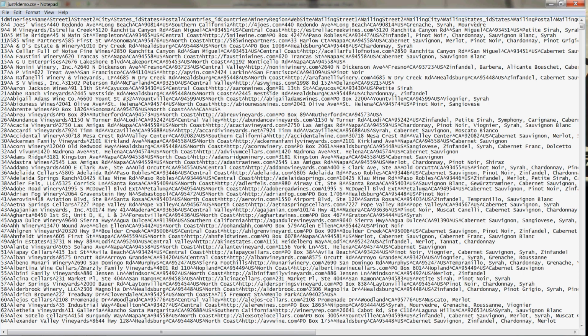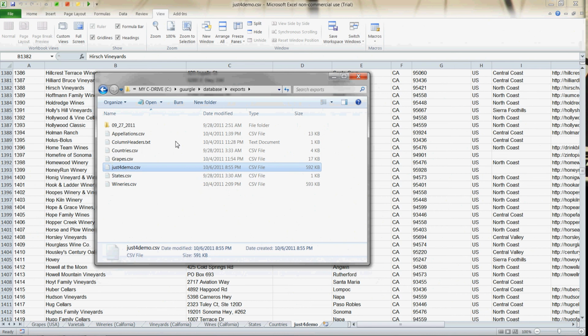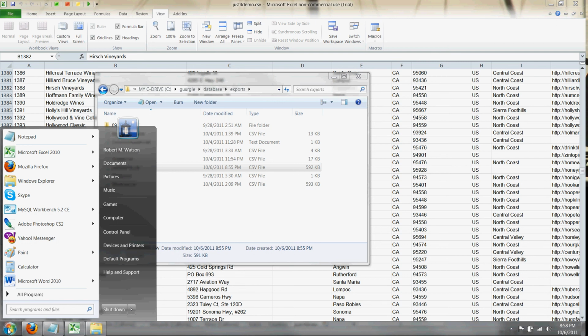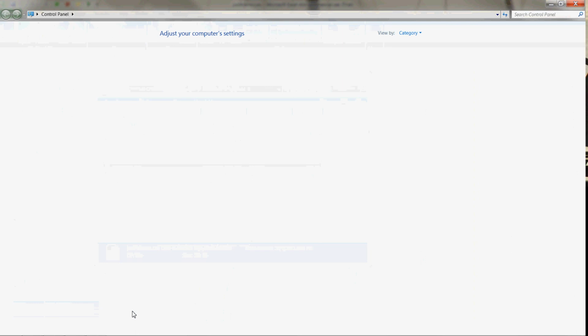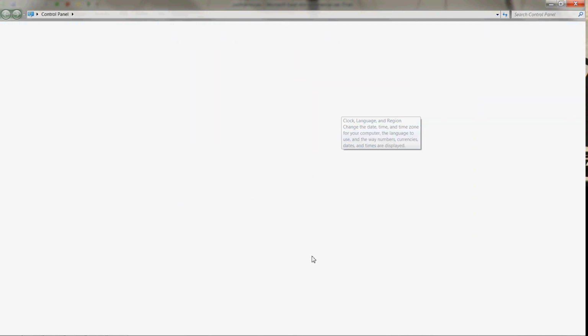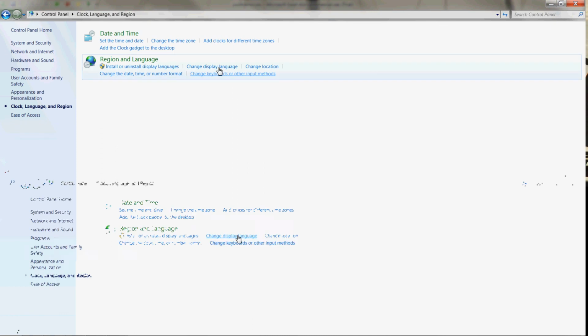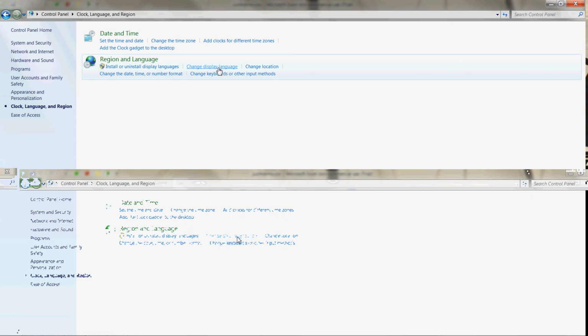Now I want to show you one other thing which you have to set in order to have it use that up arrow character for all your exports. And in order to do that, you have to go to the Start button, Control Panel. Okay, go into the Control Panel, and then we want to look at the language things, languages and regions. Okay, and I think I changed this in the Change Display Language. If we click that option,